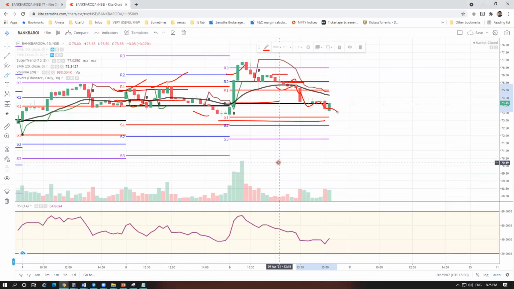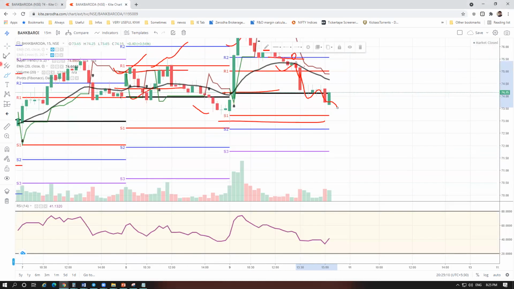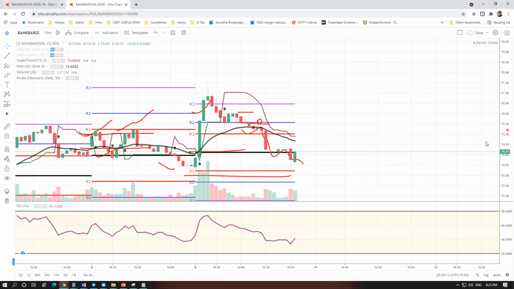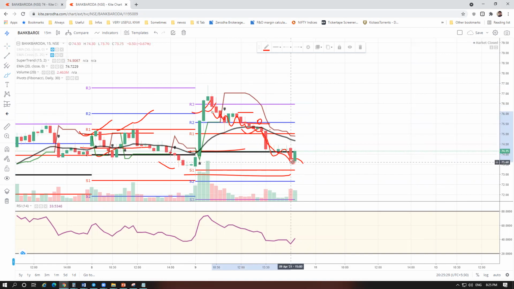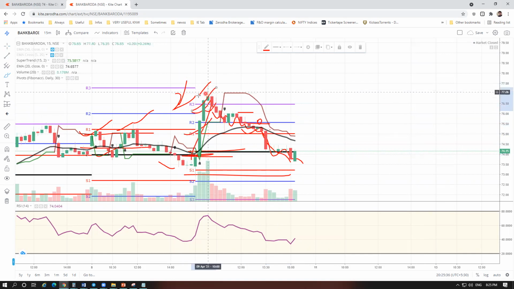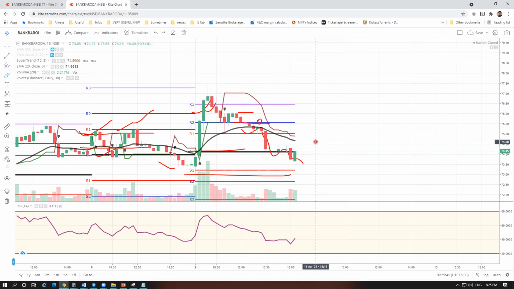So let's follow EMA also. What happened with EMA? As per me, above R3, I will not sell, and I am not buying either, because I am waiting for the pullback. While watching that pullback, the price closed below R3. So it's an alert for me. I will not trade this. First of all, the 2% target is already done for the day from the high of this candle. Second, the candles are very bullish. So I will avoid that trade.